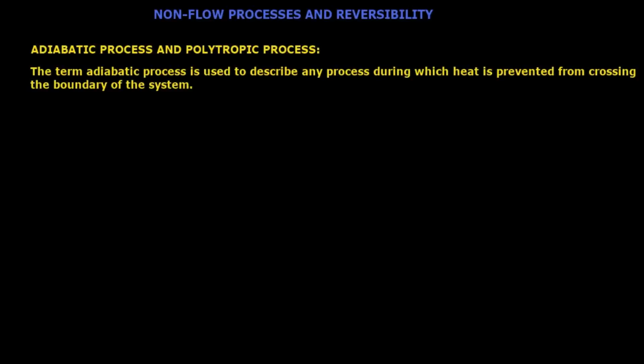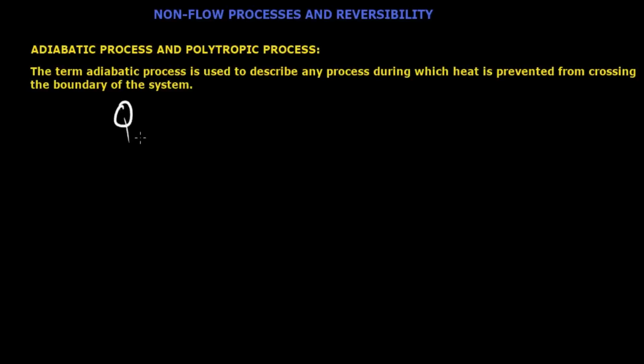From the definition, you can denote exactly what we mean by adiabatic process. So what is an adiabatic process? An adiabatic process is a process during which heat is prevented from crossing the boundary of the system. So it's more like heat is trapped within the system, meaning that the change in heat is zero. Okay? So mathematically I can write